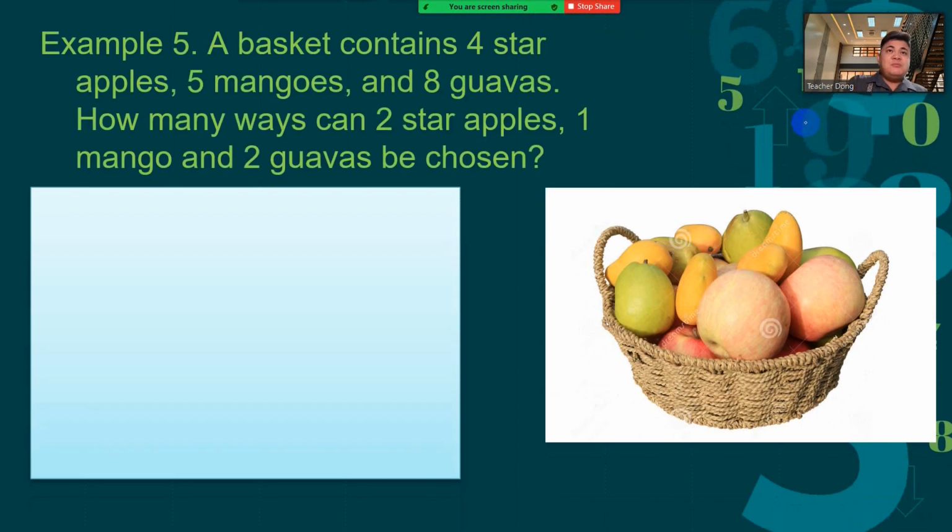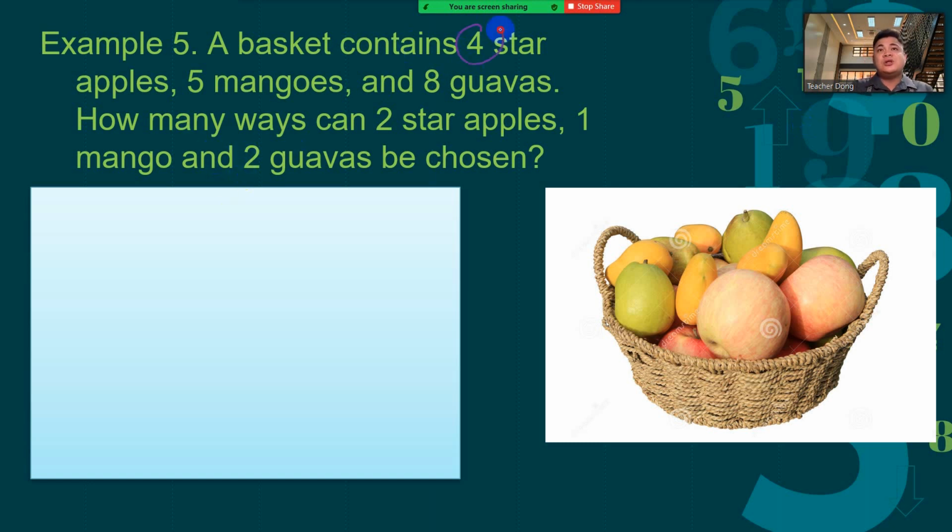So let's have this problem. A basket contains 4 star apples, 5 mangoes, and 8 guavas. How many ways can 2 star apples, 1 mango, and 2 guavas be chosen? So in this case, if you're going to buy fruits, not all of the kinds of fruits can fit in a specific basket. So we only have to choose a few to display. Alright, so here,